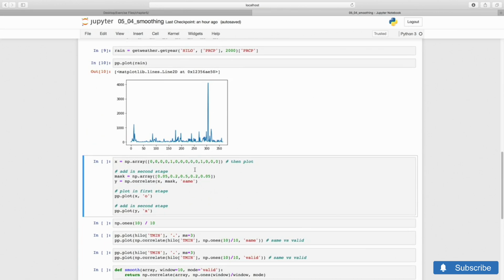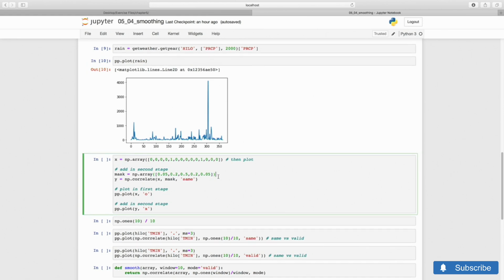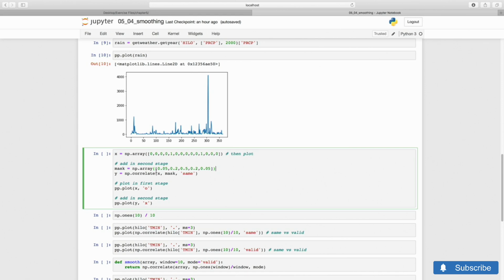I will demonstrate first with a very simple and short dataset, consisting of 2 peaks over a background of zeros. I then define a roughly triangular correlation mask, which is highest in the middle and drops down to the sides. And I have arranged the values so they sum to 1.